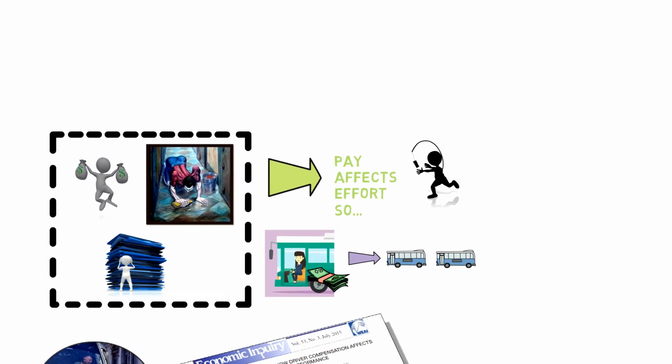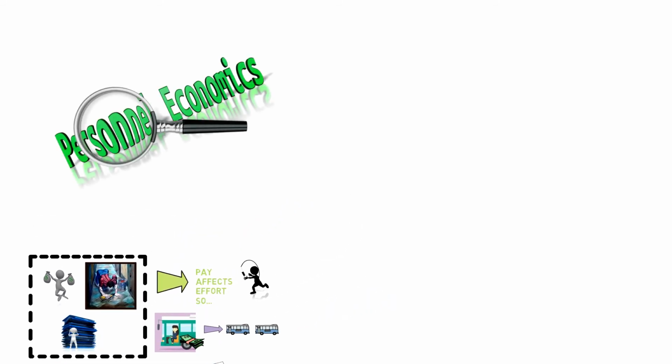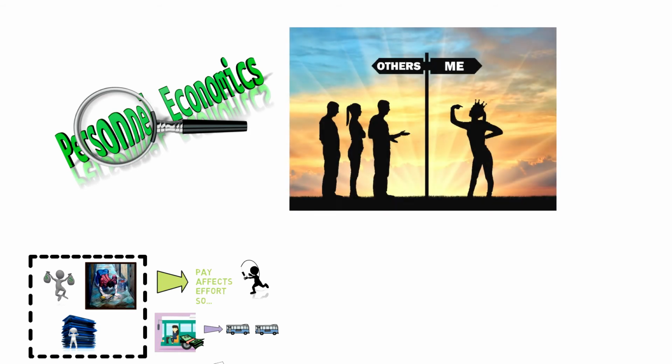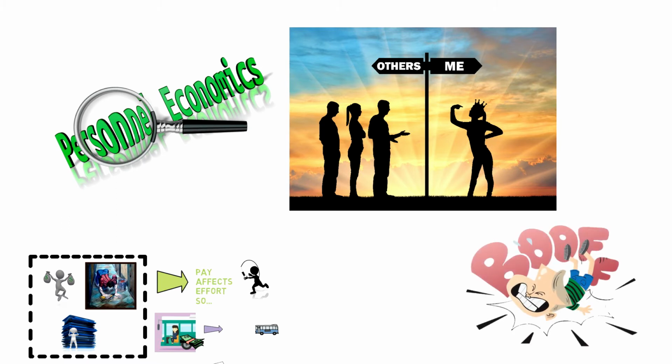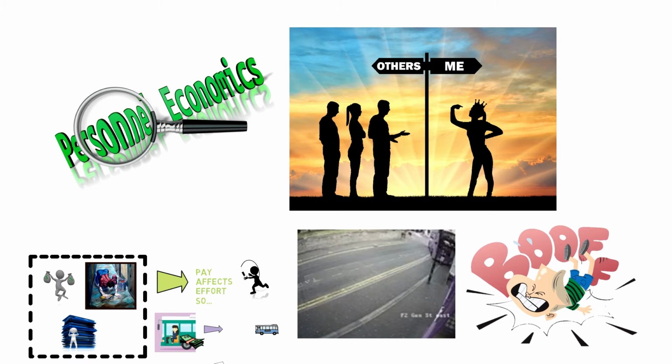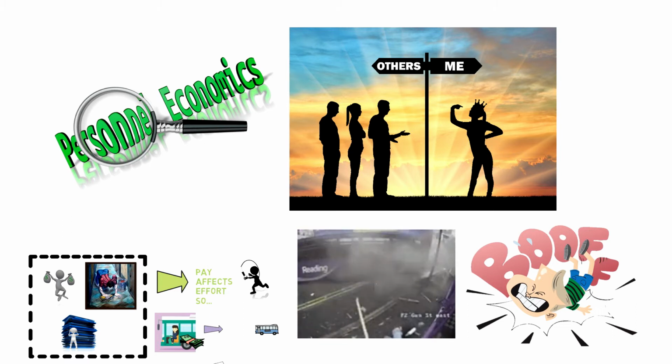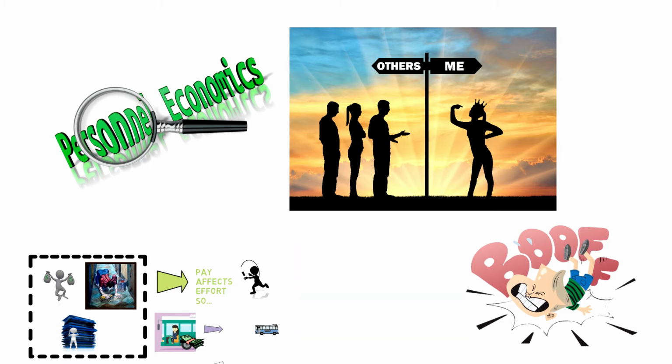But personnel economics also teaches us not to be naive about incentives. Self-interest is just that. So incentive pay might have unintended consequences for others. When paid by the passenger, bus drivers have an incentive to speed up to pass slow buses. The same academic article mentioned earlier found that riders on per-passenger pay buses were much less likely to feel that the driver waited until they were safely seated before starting. And per-passenger pay buses had accident rates that were almost twice as great as those for fixed-wage buses.